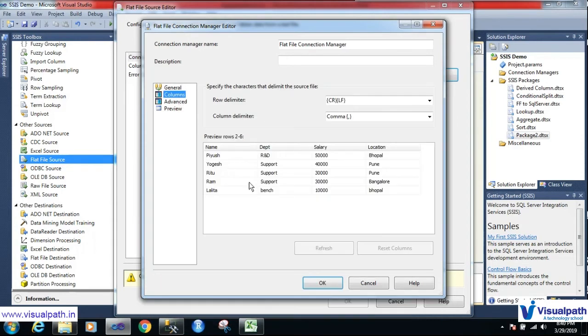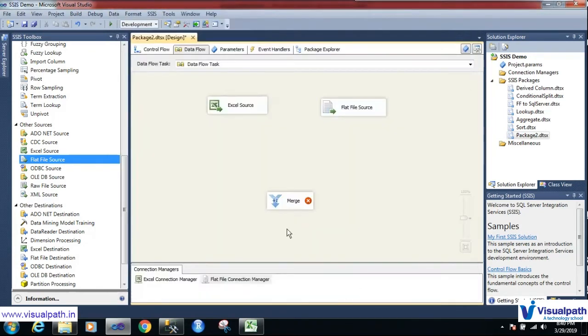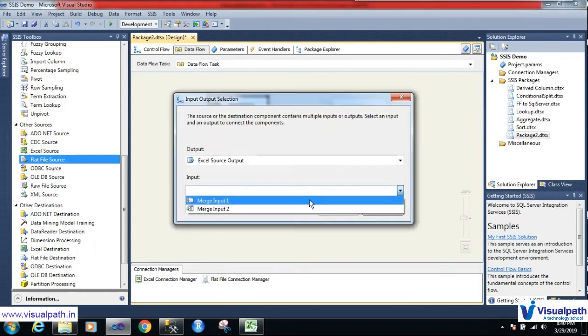It also contains name, department, salary, and location. Click on OK. Go to columns, click on OK. Now let me try to map it with merge transformation. Click on OK,